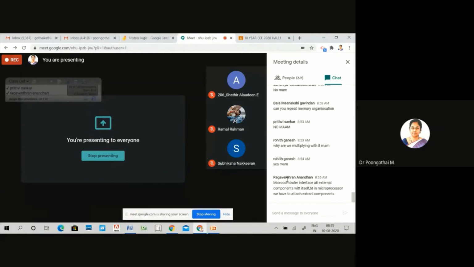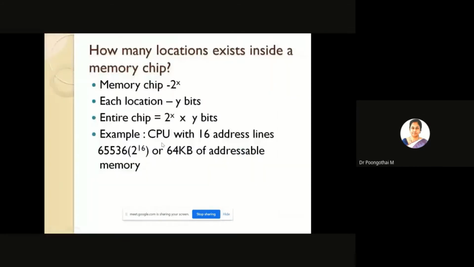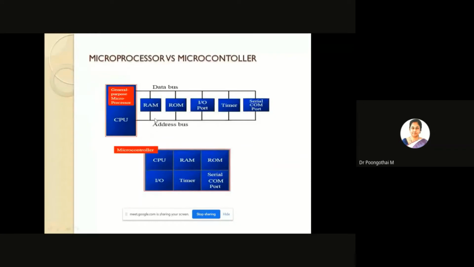So everything, all your external components are integrated on a single chip. Okay. So according to this diagram, your microprocessor is a general purpose processor, for example the Intel x86 family. Already you have studied the 8086 processor architecture, or the Motorola family. So these microprocessors contain no RAM, no ROM, IO port, or timer on the chip itself. So this is a standalone CPU.